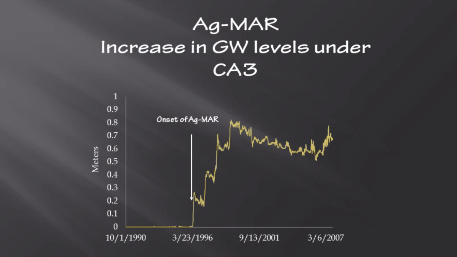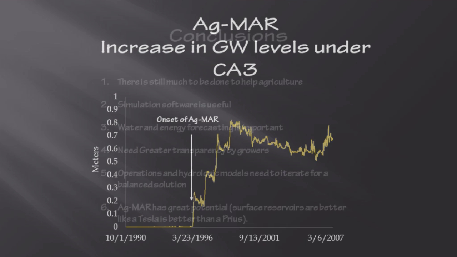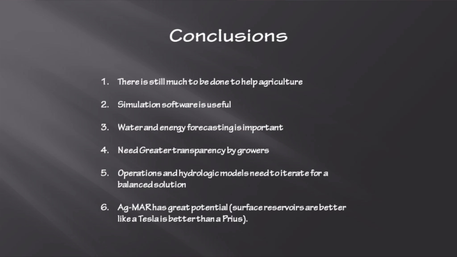So I think this is a promising result, and we have a lot more to do, of course, to evaluate different aspects of this problem, such as how to optimize where we're recharging, and the timing of recharge. What are the thresholds of winter irrigation versus non-winter irrigation? And what are the third-party impacts? Could doing this kind of winter irrigation actually have a negative impact on stakeholders within the basin? There's a lot more to do, but I think it's promising.